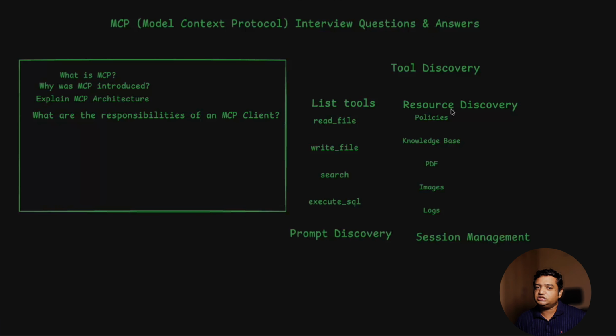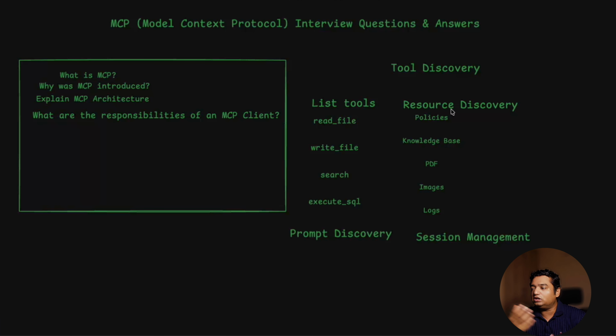If you have seen my previous video, just previous to this, I explained that in the MCP client you can keep the knowledge base also. If you're creating your own internal MCP client and MCP server, you can also keep the policies documents. If you're working in the insurance or banking sector, the documents will be very specific, and that can be kept in this MCP server, which will be used with the MCP client to look into what all the resource dictionary has. And the answer can be matched to that dictionary.